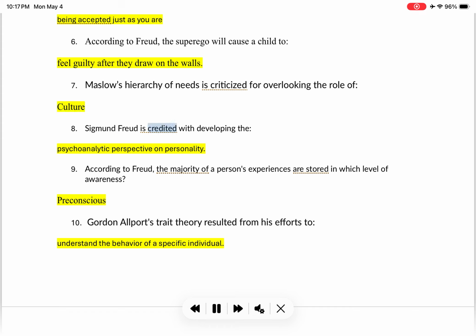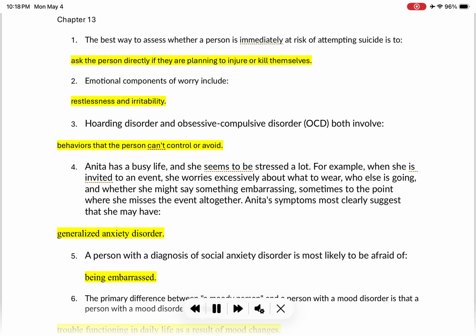Sigmund Freud is credited with developing the psychoanalytic perspective on personality. According to Freud, the majority of a person's experiences are stored in which level of awareness? Preconscious. Gordon Allport's trait theory resulted from his efforts to understand the behavior of a specific individual. Chapter 13. The best way to assess whether a person is immediately at risk of attempting suicide is to ask